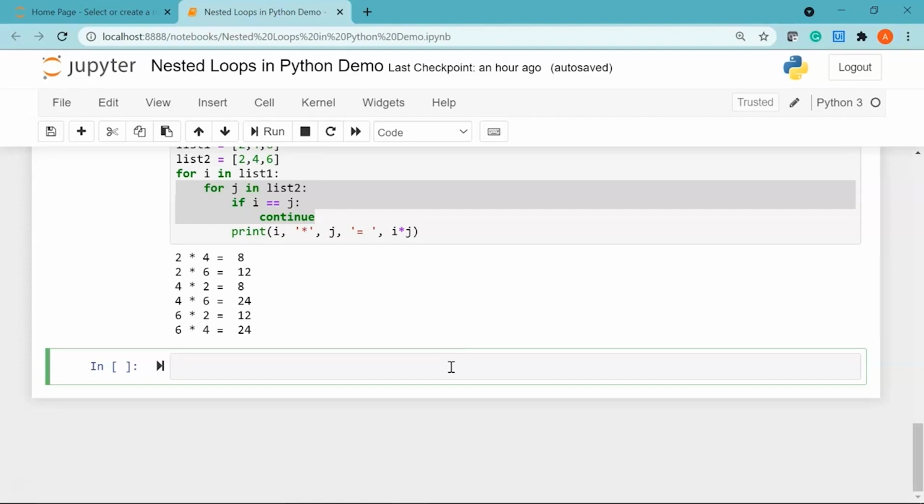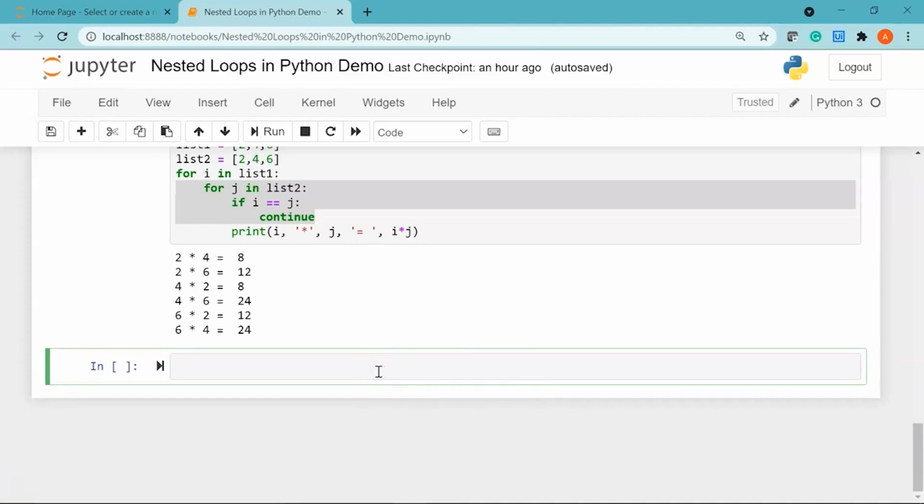Another example is 28. The proper divisors of 28 are 1, 2, 4, 7 and 14. If you add them, the value is 28. So here we will iterate the first 100 numbers using a while loop. For each iteration of the outer while loop, the inner for loop executes from 1 up to the current outer number to check if the current number is a perfect number or not.